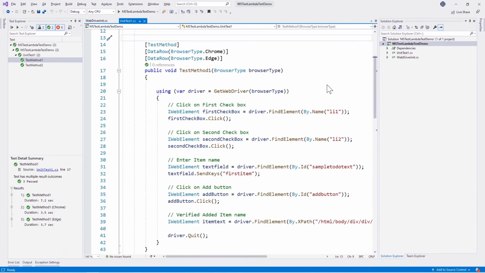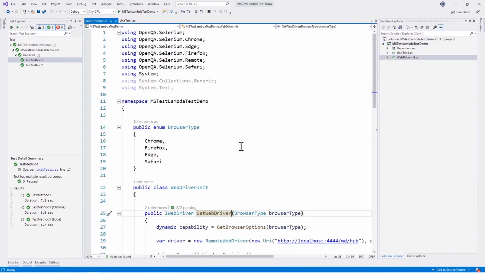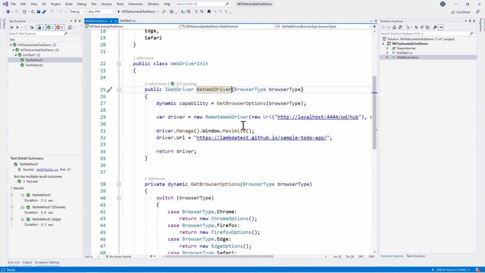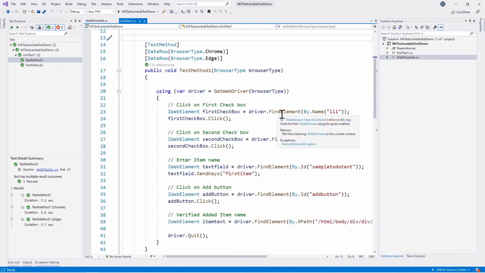If we get to our code with our WebDriverInit.cs file, you can see that we actually have not really used any capabilities so far. All we did in our earlier videos was just get the browser options, but we have not really set any capabilities itself. And we can also note here that we have only passed the browser type so far within our GetWebDriver. The reason being our machine is limited to just one operating system, which is the Windows operating system,